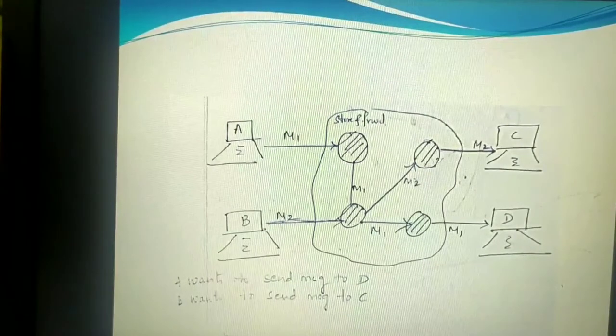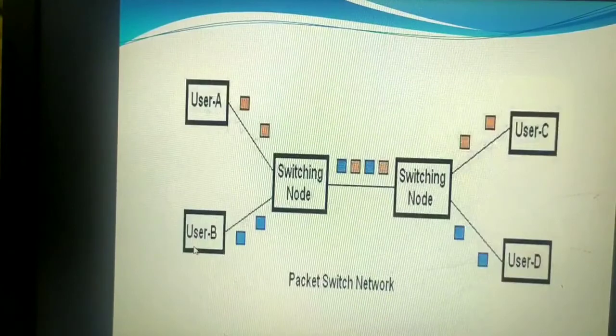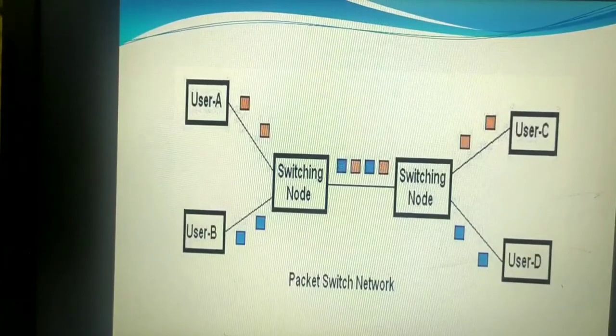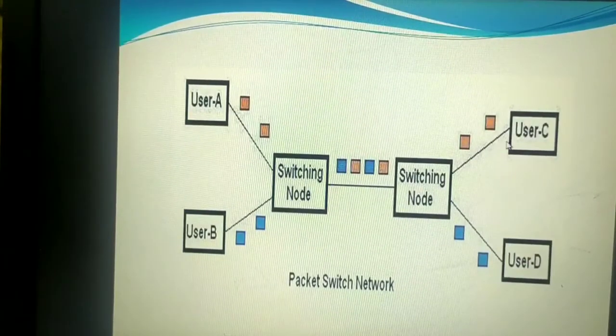Okay, next we shall see the very important one, what we are using today, the packet switching network. Now in this diagram, A wants to have communication with C and user B wants to have communication with D. Let me take 400 KB. A is sending data of 400 KB. B is sending data of 300 KB. Now that 400 KB is divided into 2 different packets, and each packet has the actual data to be sent, source address, destination address plus the sequencing number.